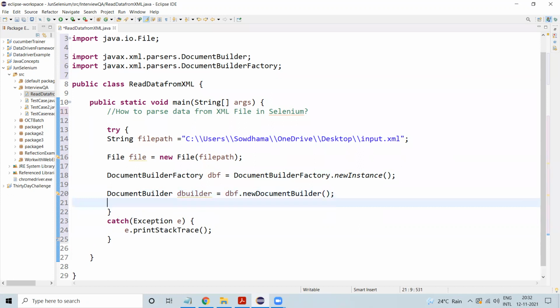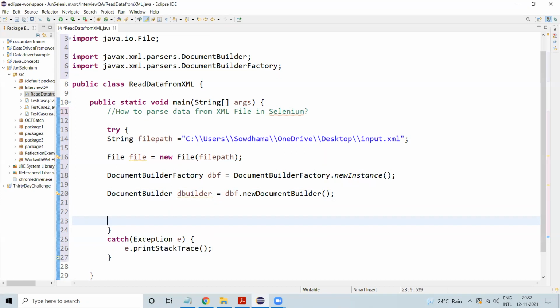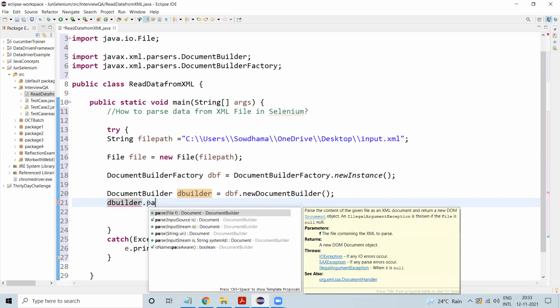Okay, now I will start using this dBuilder variable. Now I just want to pass the file over here. dBuilder dot parse. We need to pass the file.